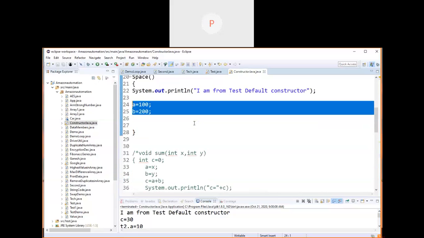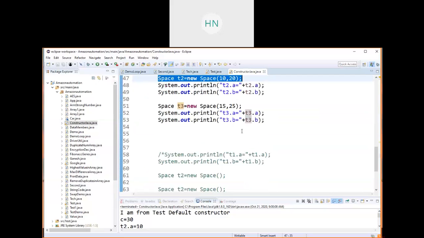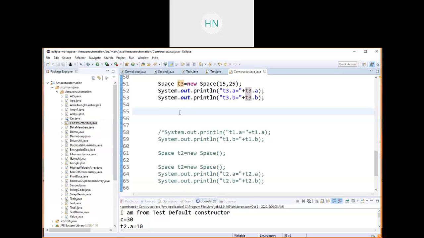The overloaded constructor looks like this. You see here, I will create one more object here. Simply, object T4 I am creating. T4 equal to new, and I will pass in only